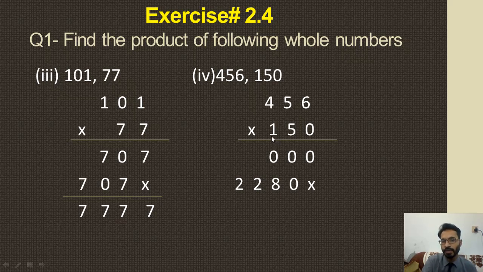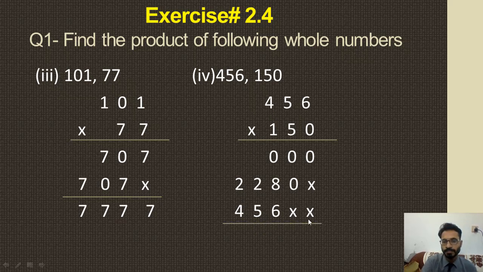Now we will multiply 1 with 6, 5 and 4. Before multiplication of 1, first we will put 2 crosses. The first cross will be under 0, and similarly the second cross will be written under 0 and 0. After that, we will multiply 1. 1 multiplied by 6, 1 6 are 6 and this 6 will be written under 0, 8 and 6. After that, 5 1s are 5. This 5 will be written under 2. And after that 1 multiplied by 4, this 4 will be written under this 2.